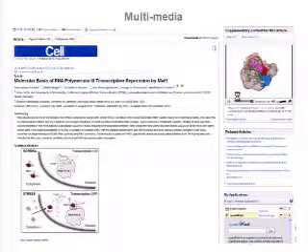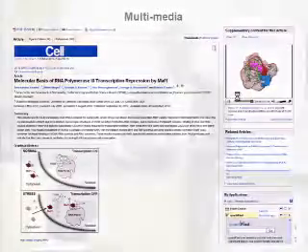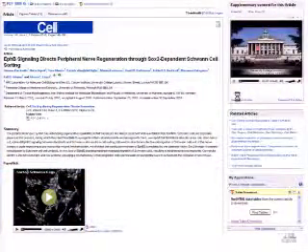Now, introducing multimedia is very important for us because we are trying to provide more insight to researchers and scientists. We are trying to provide more intelligence from the articles. So we don't want the articles to be static articles. We want the articles to be interactive articles. And what we have been doing is asking the authors to submit videos and any supplementary data, so we are showing this to our users.